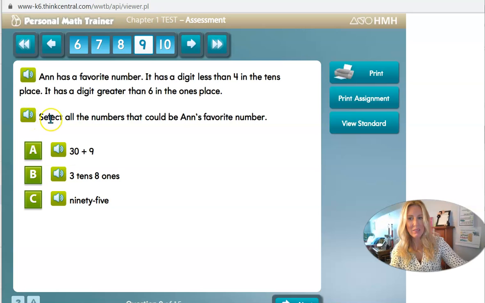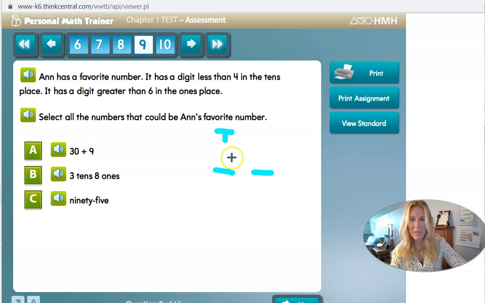Well, if it says select all the numbers, that right there tells me that I am going to have more than one answer. Here's the other thing I am going to need to do. I'm going to need to write some work. So I think what I'm going to do is give myself a mystery spot of 10s and 1s, right? And if her favorite number has a digit less than 4 in the tens place, then I know it could be, let's see,